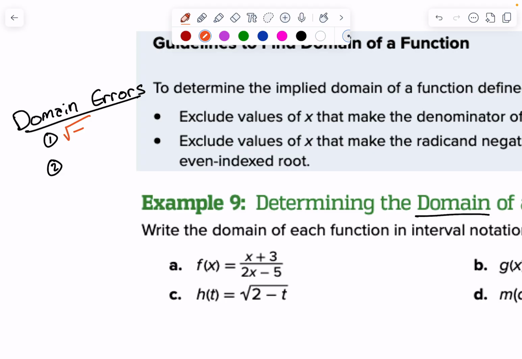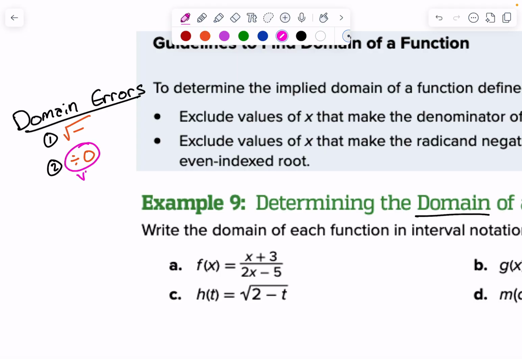So we have to figure out what x cannot be so that we don't ever have a negative inside of a square root. The next thing that we can never do is divide by 0. As long as these two things are not happening, we will not have any problems or domain errors. My calc kids, you know that if you're dividing by 0, that